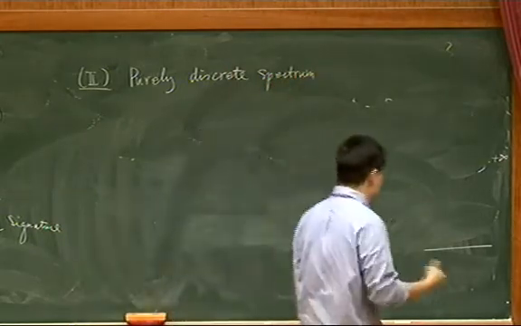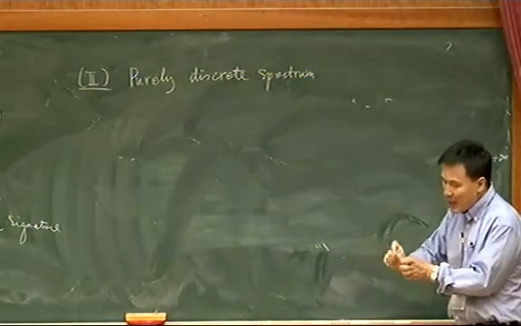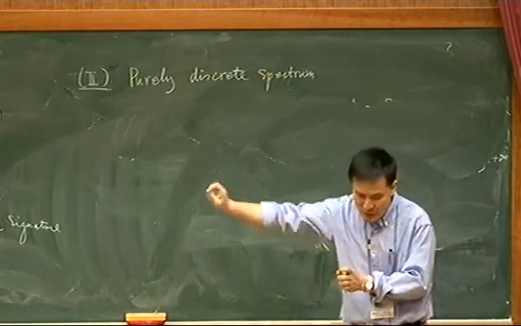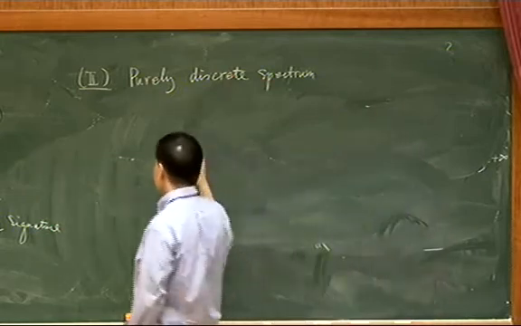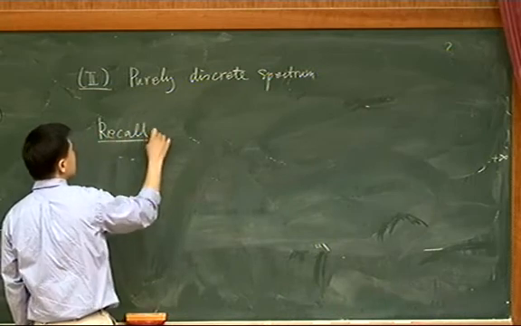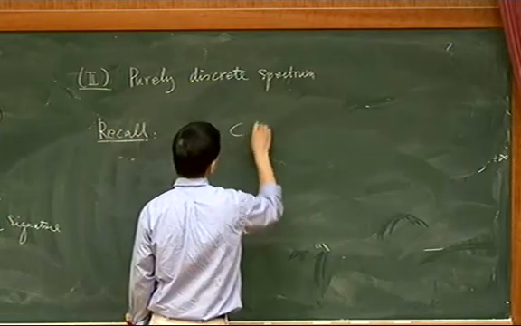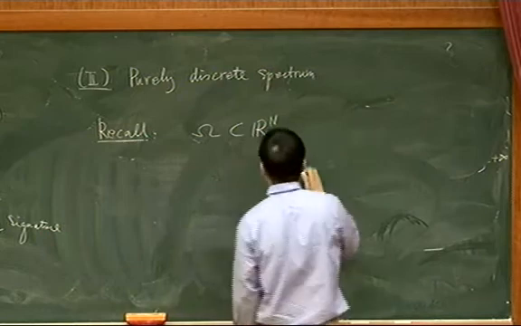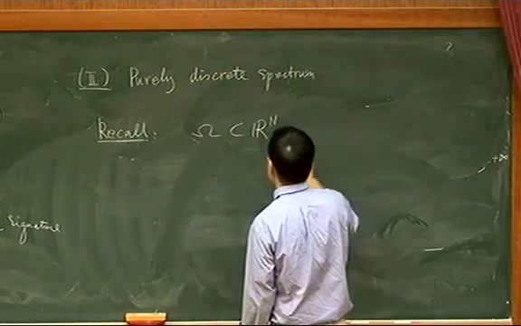So the question is, of course, as I said, when does the spectrum consist of eigenvalues of finite multiplicity, and those eigenvalues go to infinity. Now, let's again recall the situation for the Dirichlet Laplacian. So suppose omega again is a domain in Rn, not necessarily bounded, actually most likely unbounded.